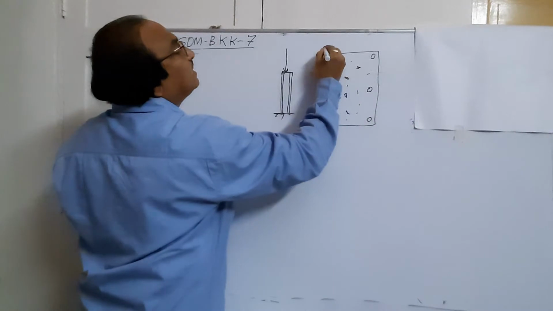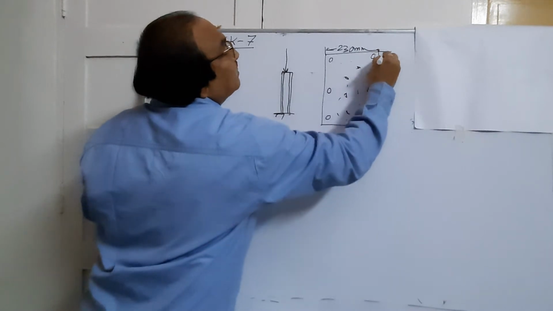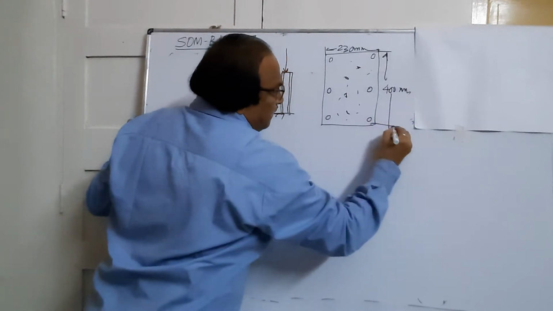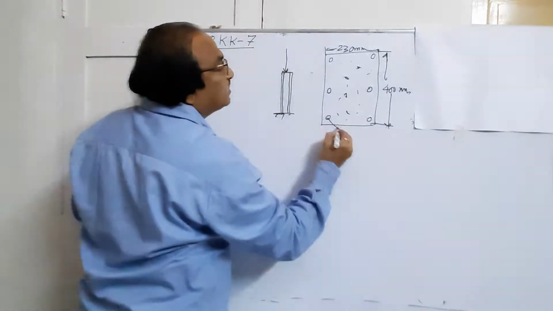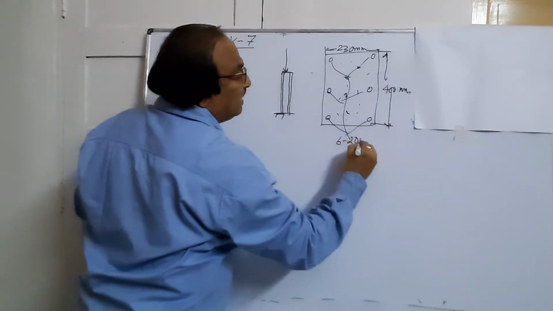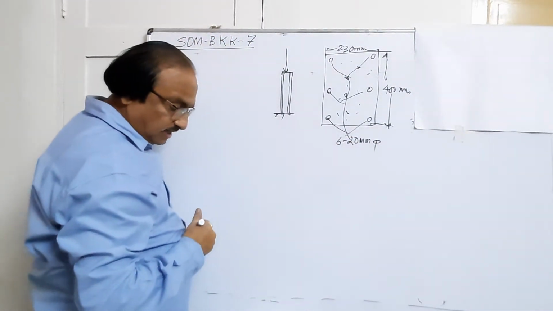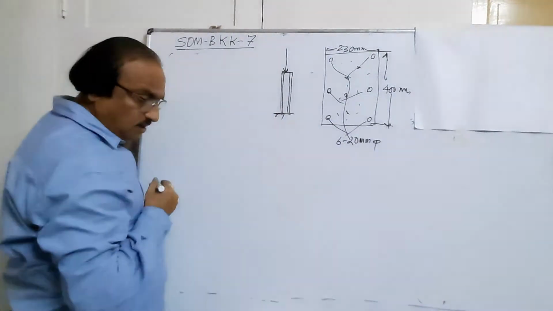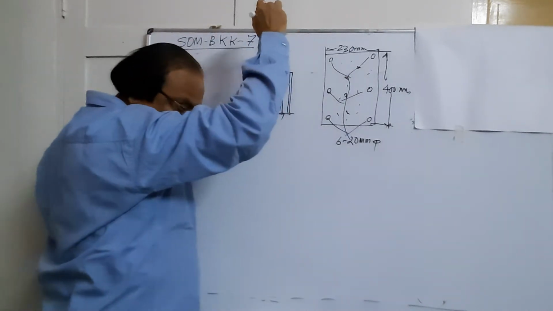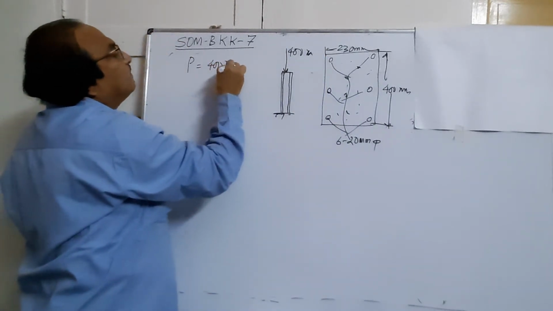Now here the dimensions are given in the problem. If this is 230 mm and if the depth of the column is 400 mm, if it is carrying 6 bars, 1, 2, 3, 4, 5, 6, 6 bars of 20 mm diameter, means diameter of each bar is 20 mm and there are 6 number of bars. You are required to find out the stresses in the column. Now here it is subjected to a load of, the total load that is coming on the column is 400 kilonewton. So total load is known to you, 400 kilonewton.